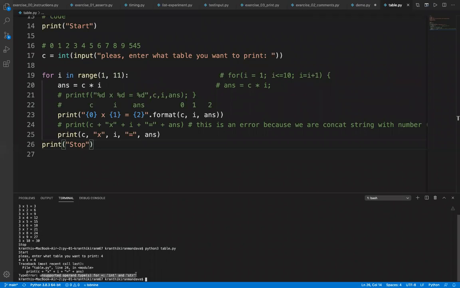I cannot concatenate an integer, right? I can only add integers. I can concatenate a string with another string, but I cannot add a string to another string. So it is getting confused. One operand is an integer, the other operand is a string. How can I do what operation? It is not even overloaded for it.